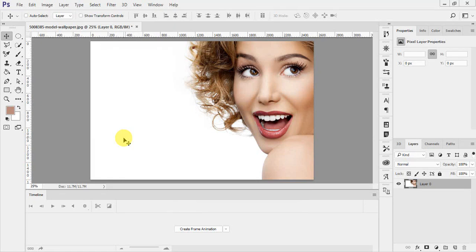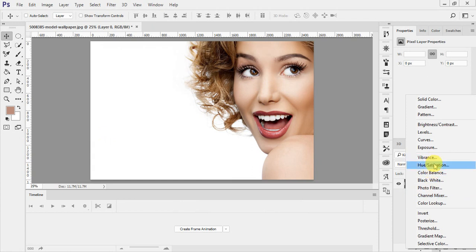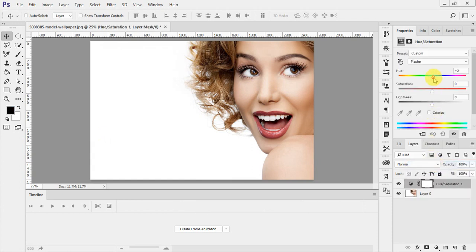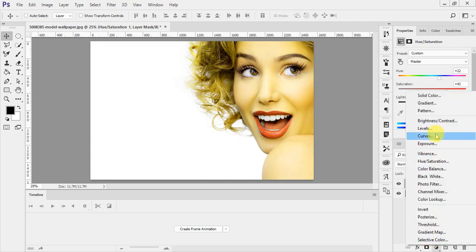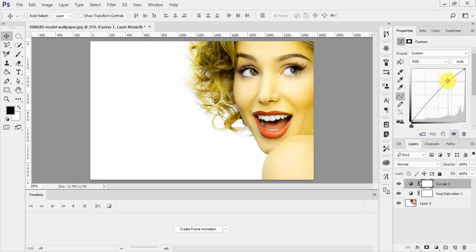So friends, in this lecture we will just change the skin tone of this model. Okay, so you have this here, click here and select the hue saturation and change the skin tone like this. Okay, a little bit darker and adjust some of the curves. All right,